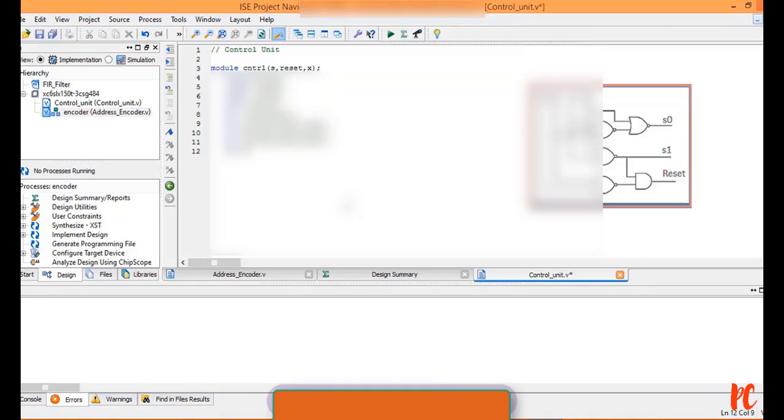Finally, nor A4 of S of 0, X of 0, I of 1 and A5 of reset, S of 1, I of 2. Finally, I am ending it as end module. So I am done with my control unit now. Let me save it.